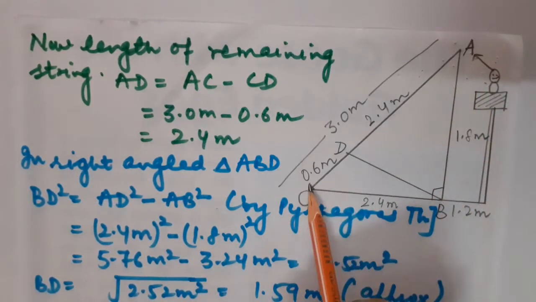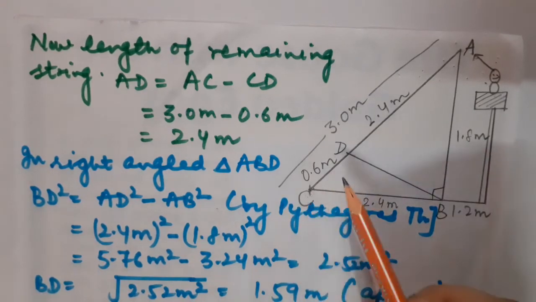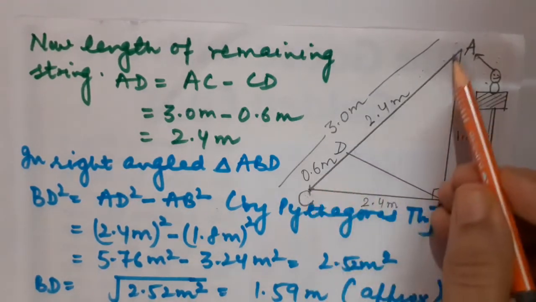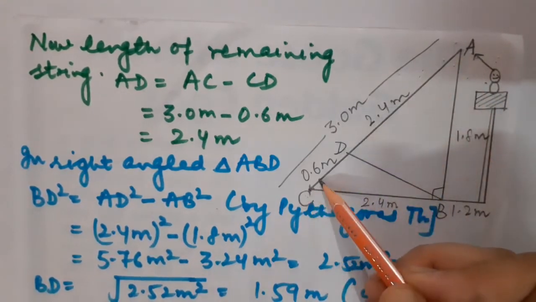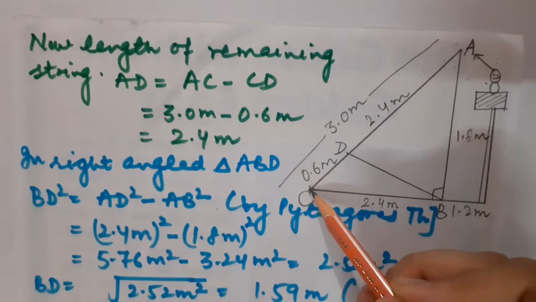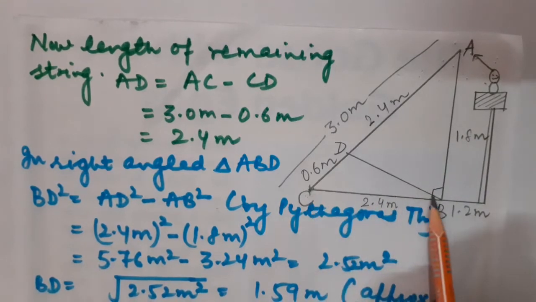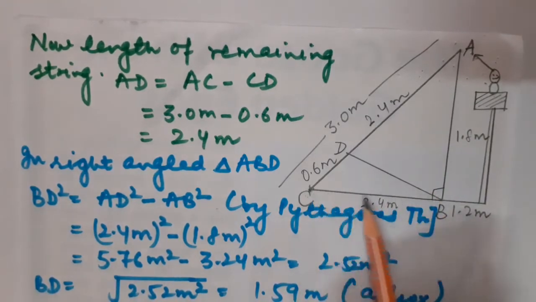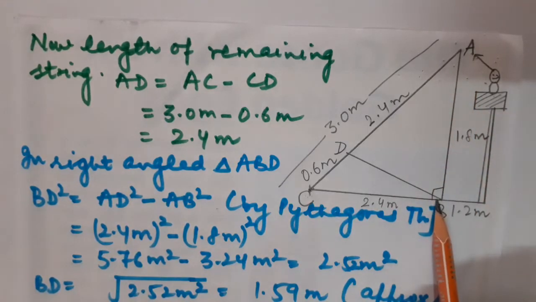If I talk about this bait, the food article placed on the hook, from the top of the string it is 3.6 meter away, and it is in a rest position. Definitely the food particle cannot move. As well as this, it is 2.4 meter from the point which is directly under the tip of the rod. Got it?